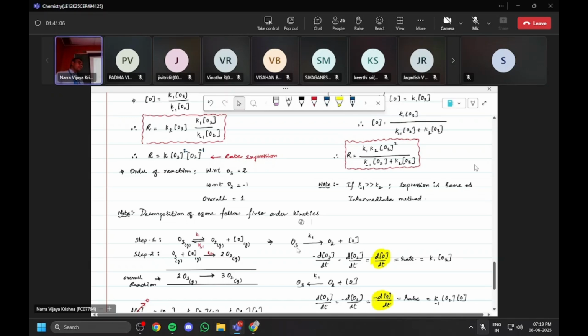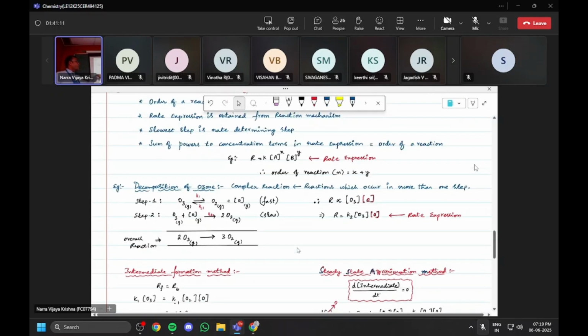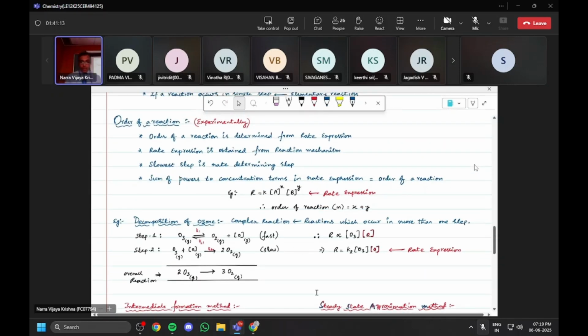How to find order? First, we need to find the rate expression. After finding the rate expression, only then can we find the order. Now tell me, can the order of a reaction be 0, possible or not? If I am adding +1 and -1 both came, then what is the order? 0. So the order of a reaction can be